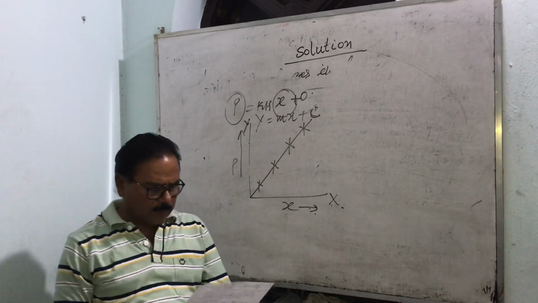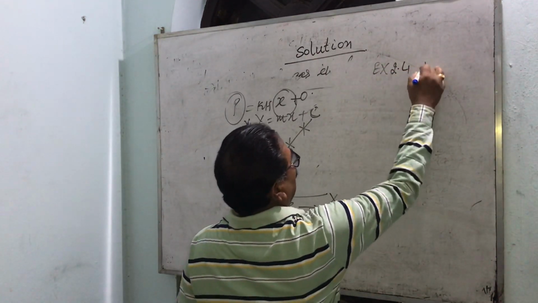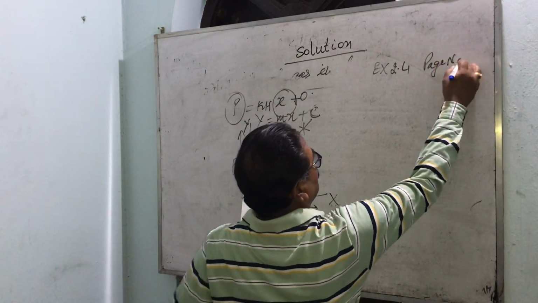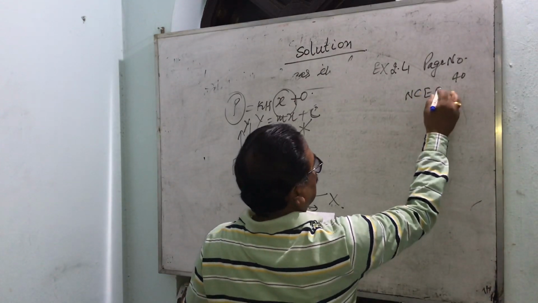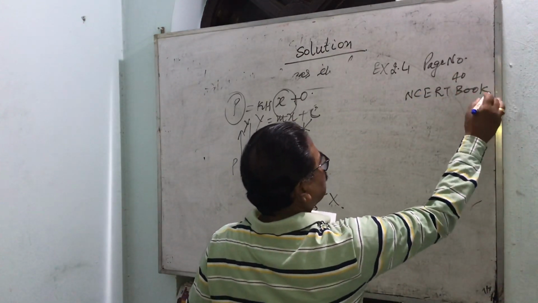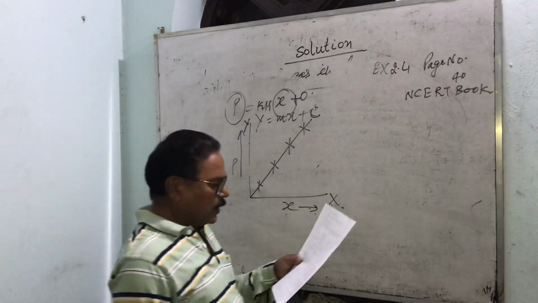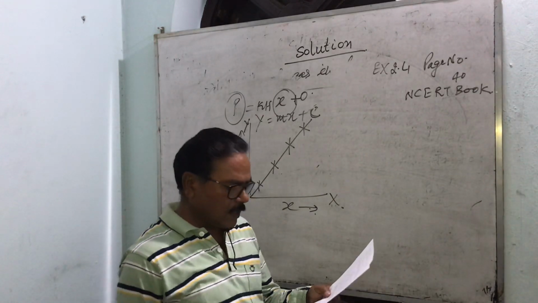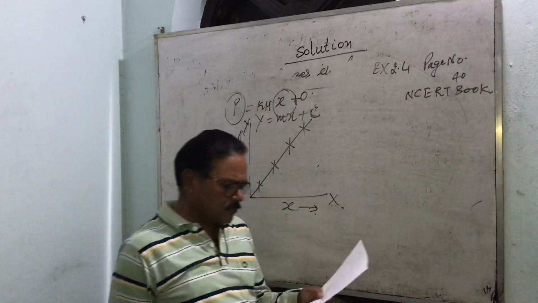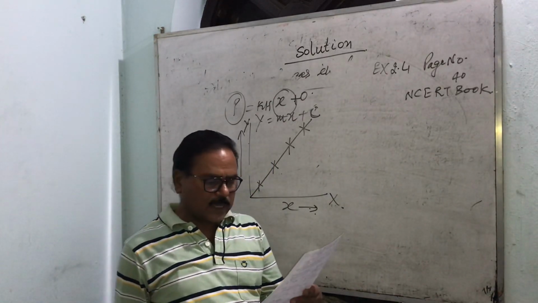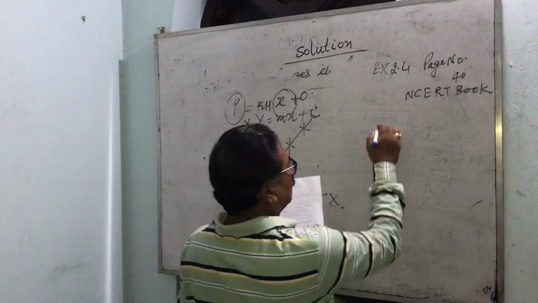I have taken this problem, example 2.4 on page number 40 of the NCERT book. This problem is asked many times in the final CBSE board examination. If N2 gas is bubbled through water at 298 Kelvin, how many millimoles